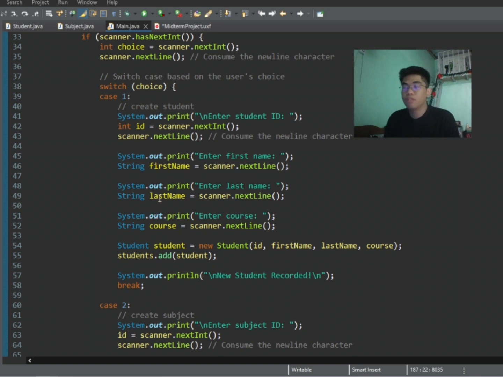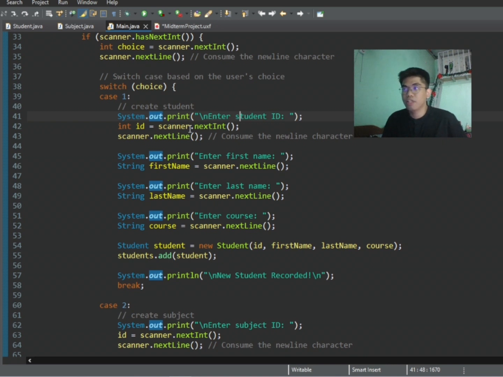So, next, ito yung menu option. Dito, hindi magagamit ni user yung option 3 to 7 hanggat hindi pa nakakapag-create si user ng student and subject. So, ayun. Ito yung mga nag-offer ng options wherein dito gumagamit tayo ng switch case method para sa ating mga options tulad ng option 1. Sa option 1, makapag-create ka ng new record. So, ito yung code. After nyan, we are here dito sa switch case, choice, system.out.print student ID,